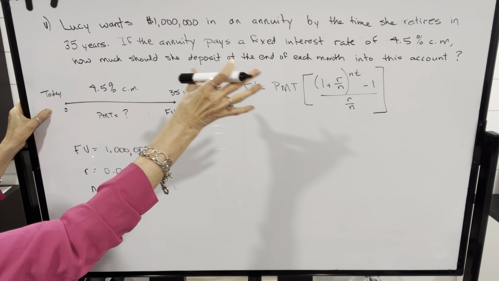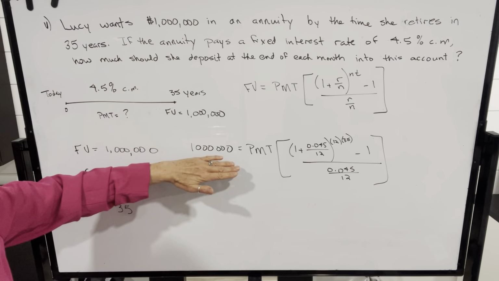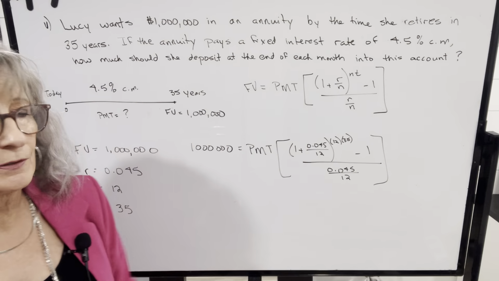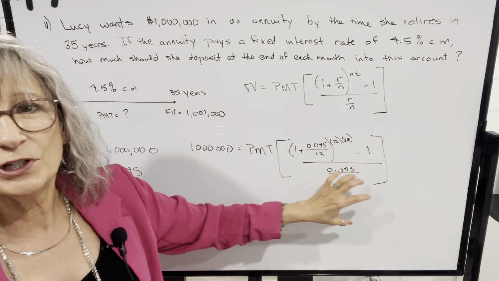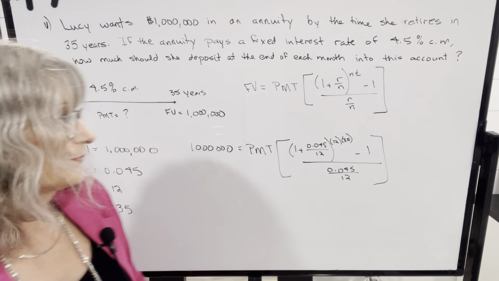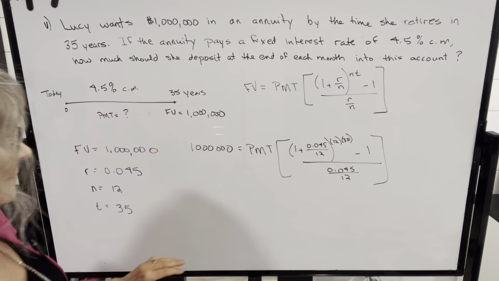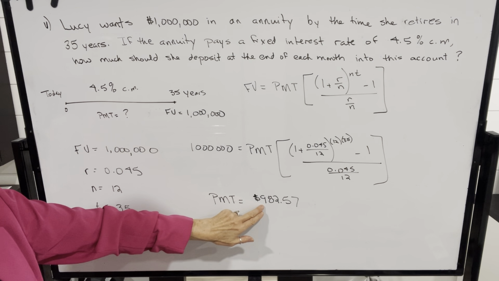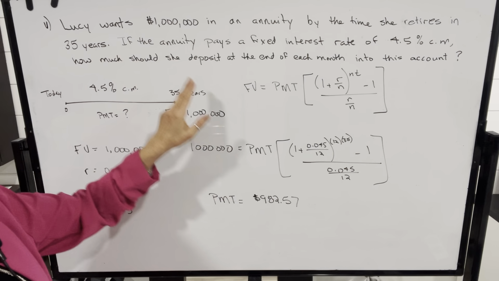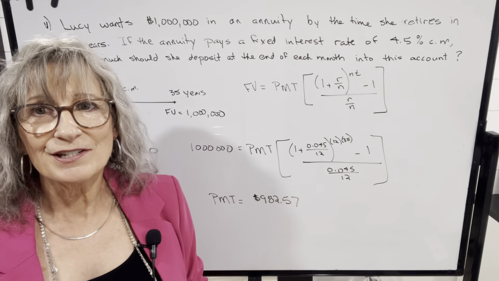Plugging these values into our formula, we're going to proceed just like we did with our last example. So we get 1 million equal to a payment times this whole expression, which we can put into our calculator and get one number, and again stored in the memory. Then we're going to divide 1 million by that value to get our payment. Lucy needs to make payments of $982.57 per month for 35 years if she's obtaining this interest rate, so that she ends up with a future